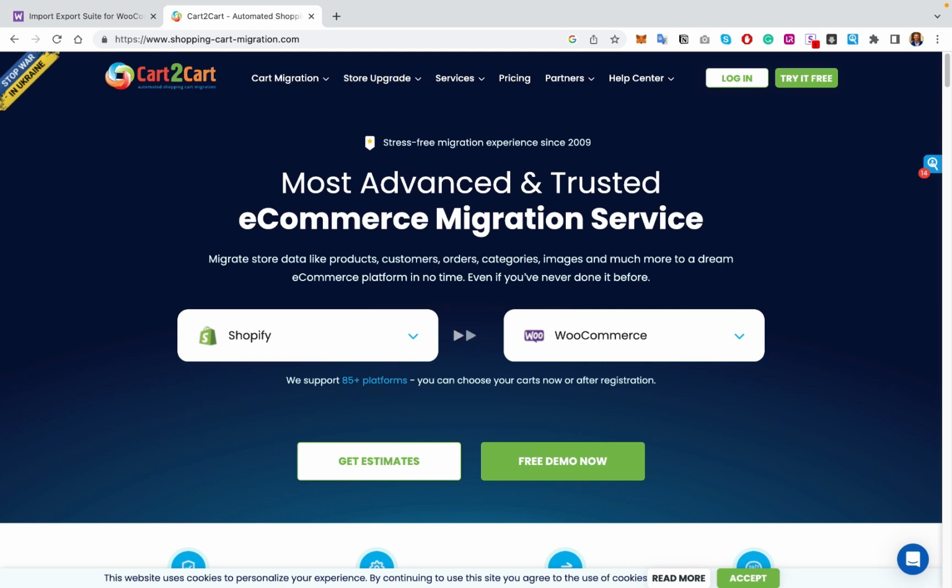And after that, you launch the migration and wait for it to successfully complete. And what's great, they have good support. It's a paid solution, so you can be pretty trustworthy that it's going to work, and they actually have some very good reviews as well. So while using one of these migration tools like Cart to Cart